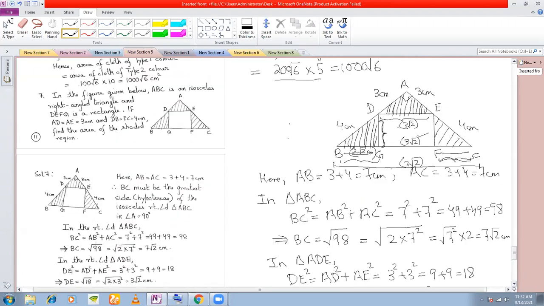2 root 2. Right? Now we find out the area of triangle ABC. Area of triangle ABC is half base into height. Which one is the base? You can take this as the base and this as the height, because this is 90 degree. This is a right angle triangle. So you can take the perpendicular and base to be your height and base of the triangle. So area of triangle ABC, half into